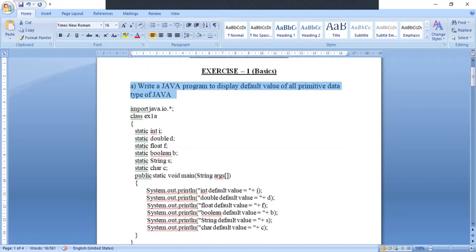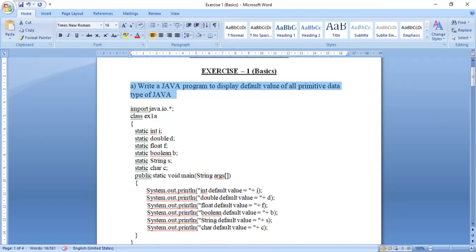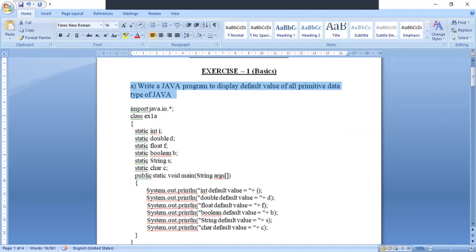As you know how to create a Java program, from the last two videos you learned how to create a Java program and how to use these statements. We discussed all the elements and required things to design programs using Java language.